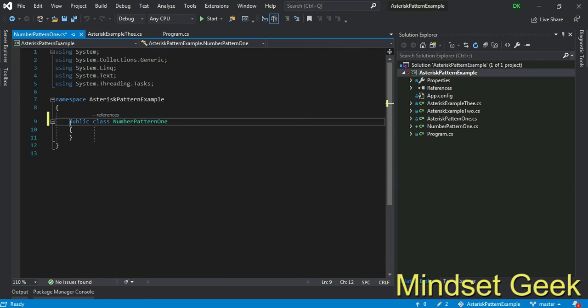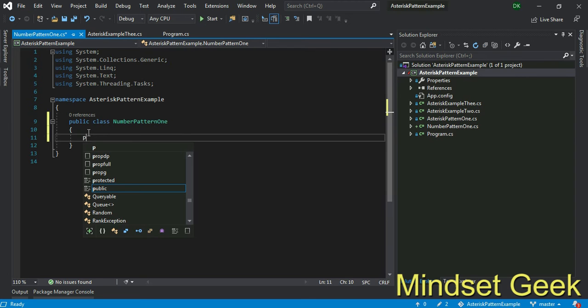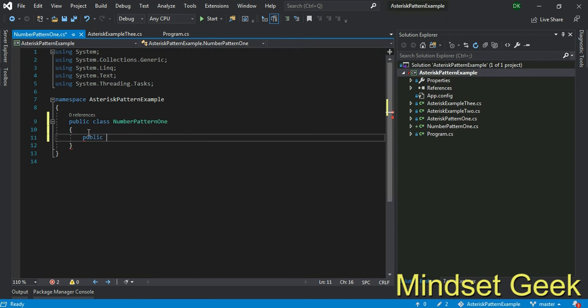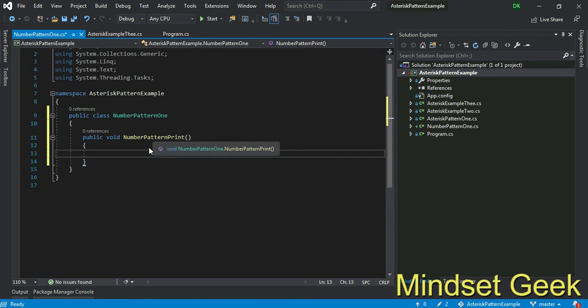Don't worry about that, right? Now I want to create one method, public void pattern print. Right? This is my method.